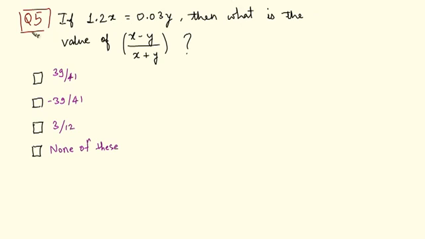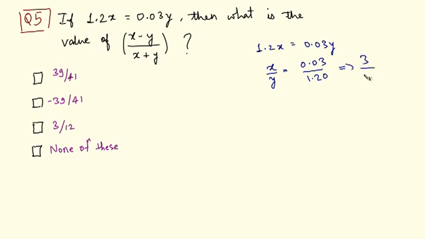Well, this last question is a bit of a tricky one. Let's find out its answer. So we have been given 1.2x is equal to 0.03y. So let's write that 1.2x is equal to 0.03y. So I can write x by y is equal to 0.03 by 1.2. The numbers of digits after the decimal point in numerator and denominator are same, so I can ignore the decimal point,